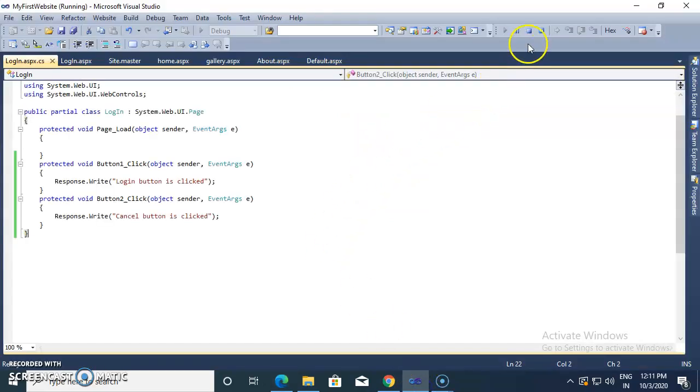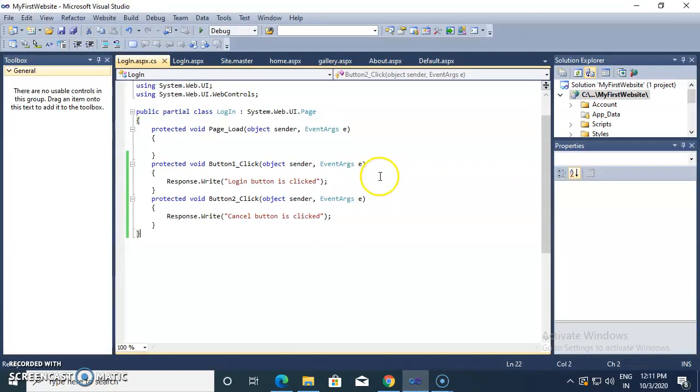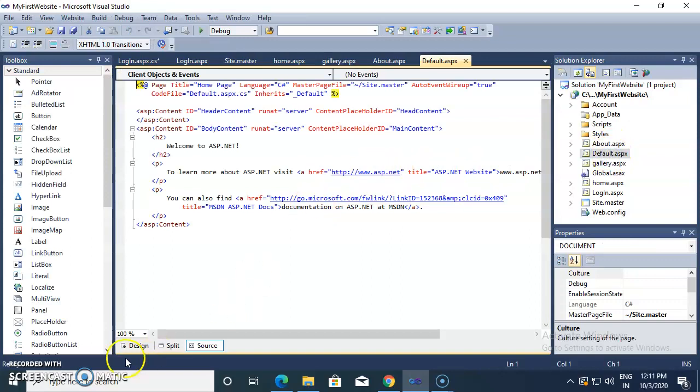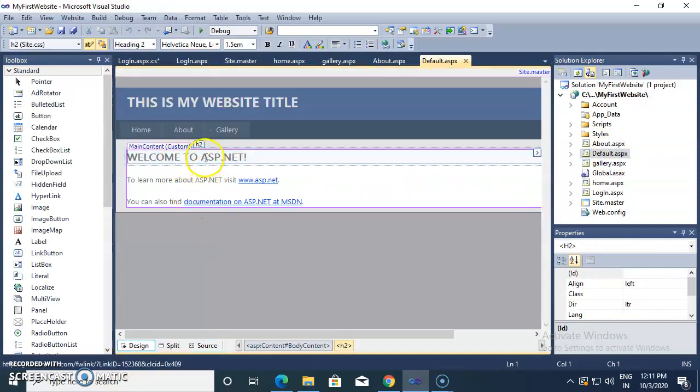See here, stop the debugging. Then we don't want to give this message, but a gallery page or about page or default page is already here. See here, this is our home page.